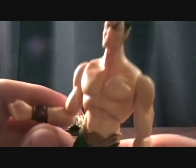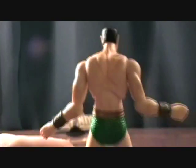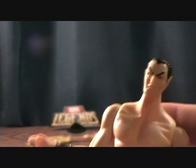And onto the figure. His overall look is pretty good. I didn't really know how I would feel about this figure from pictures online. A pretty common price for this figure was about $50 to $70 mint on card, and I wasn't willing to pay that. So